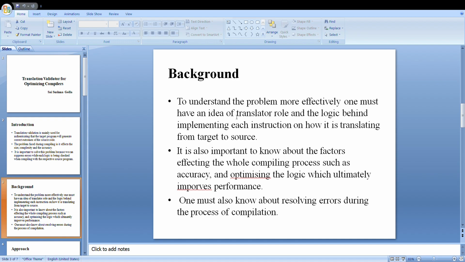Some of the most common requirements are to minimize a program's execution time, memory, and power consumption, and most importantly the accuracy, which will affect the overall performance. So it is very important to know about resolving errors during the process of compilation, as this affects the whole process and mainly the outcome, as I mentioned earlier. So coming to the approach,